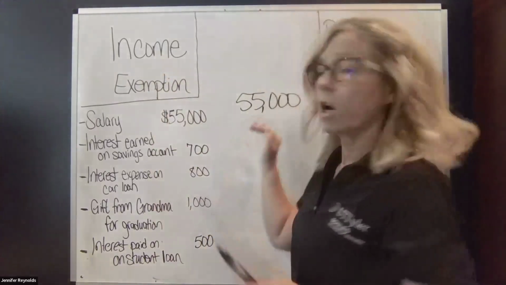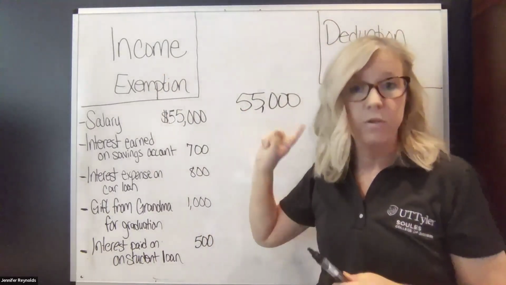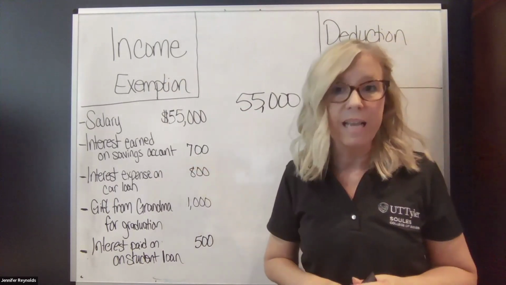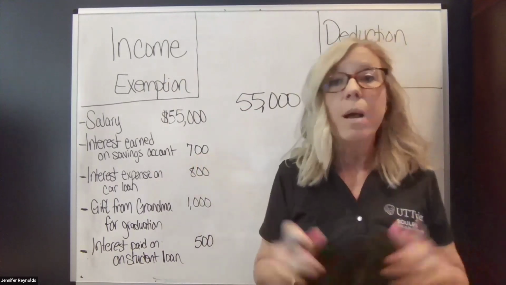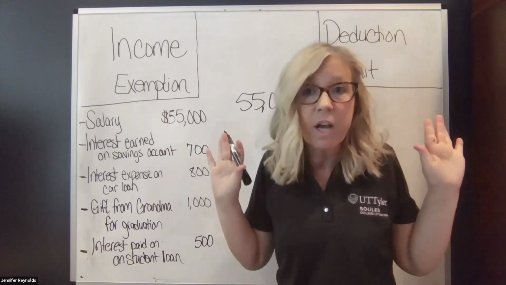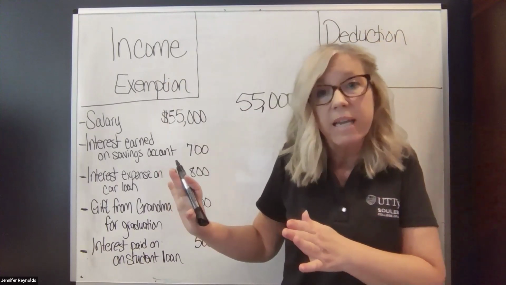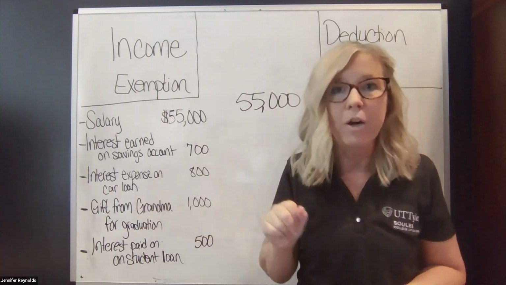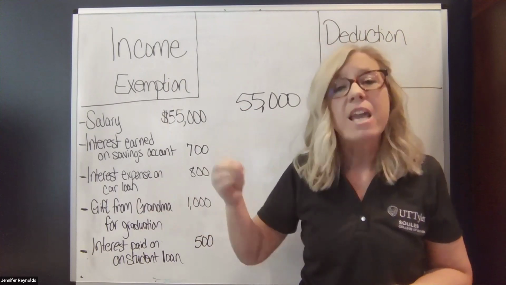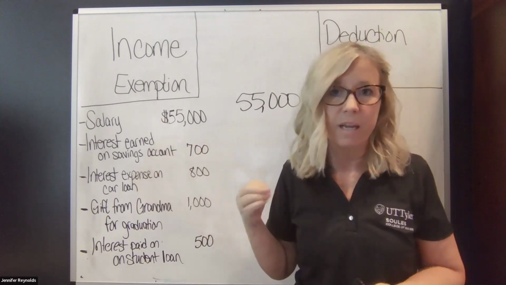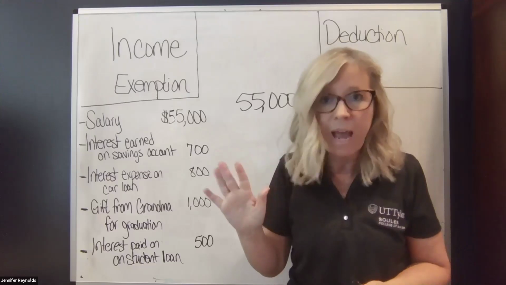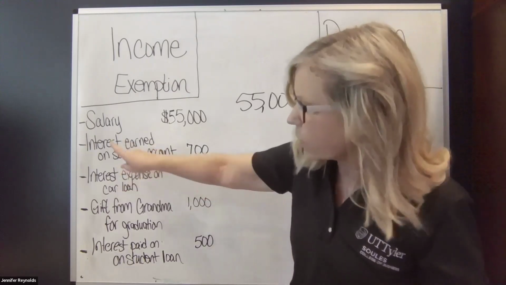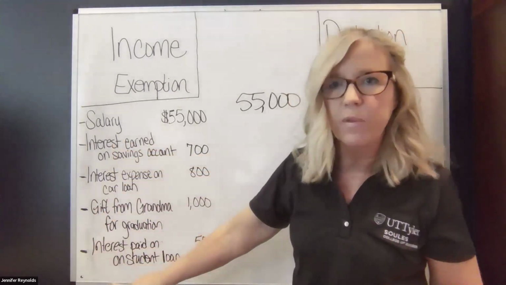So I'm going to start at the top of my tax return saying, there's 55 grand I got to pay taxes on. And next I look at interest earned in a savings account, $700. But remember, Murphy told us, I haven't touched it. It's still sitting in my savings account. I didn't cash it out. They didn't give it to me in a check. It's still sitting there. Doesn't matter. Congress has basically said if you have access to the money, if you could take it out, even though you haven't, we're going to go ahead and tax it this year. So when I read that, I've got three different things that start off with interest here.